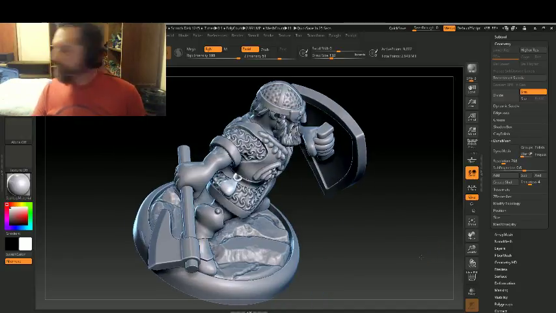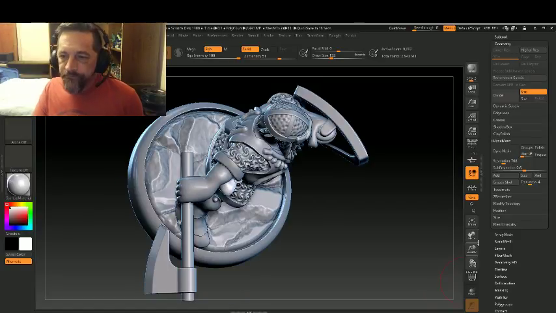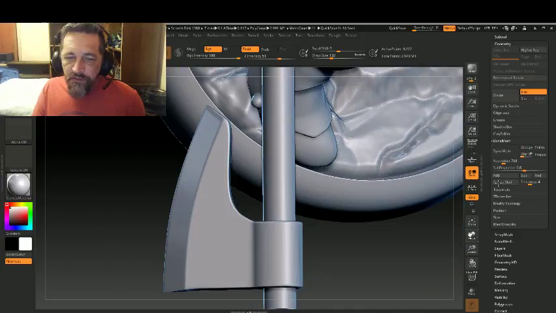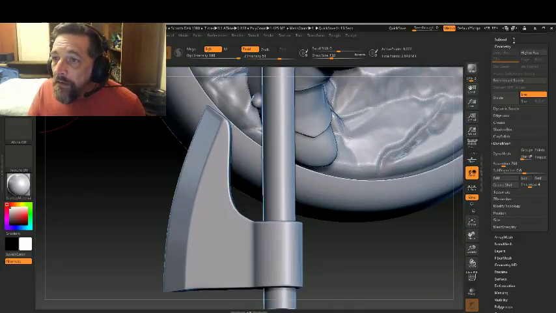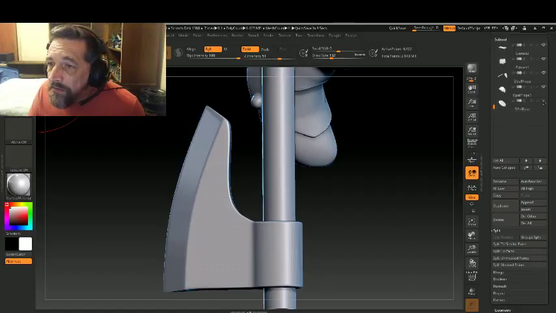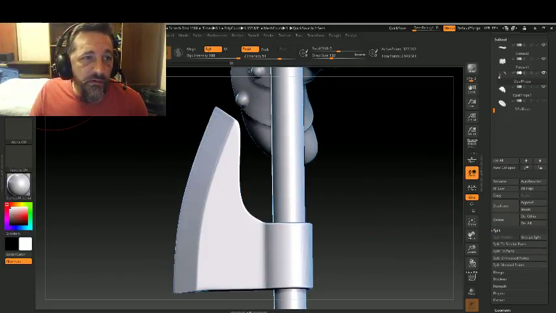Let's give it a hammered pattern. And so for this, we're going to hide the base, and back here on the axe,